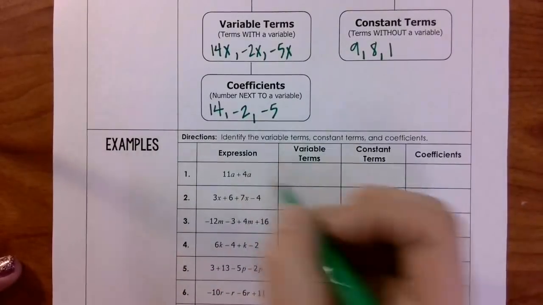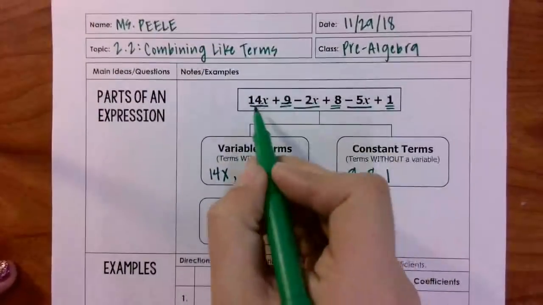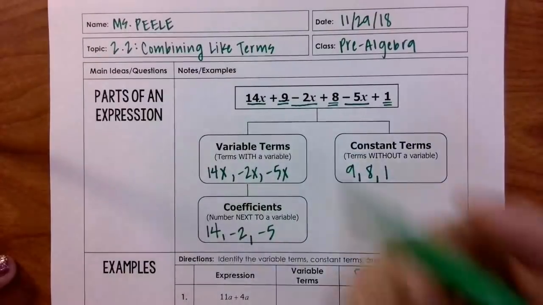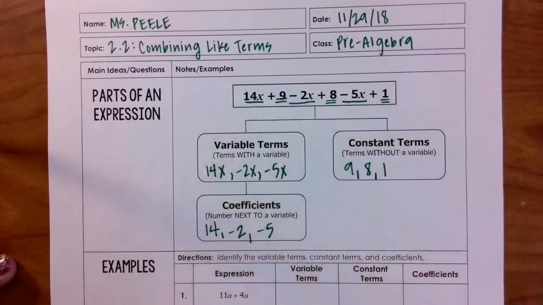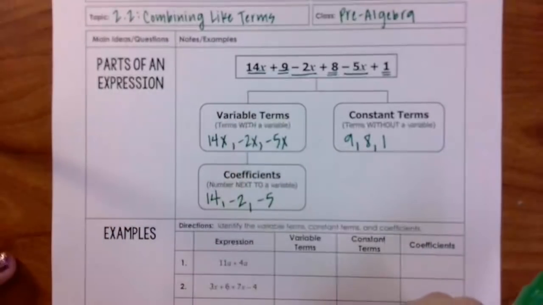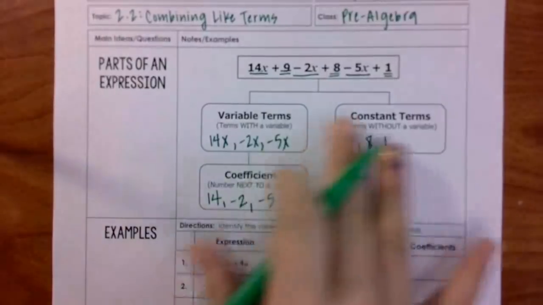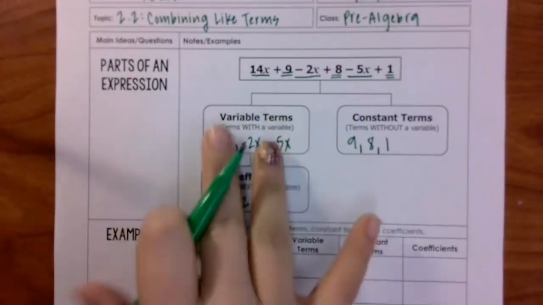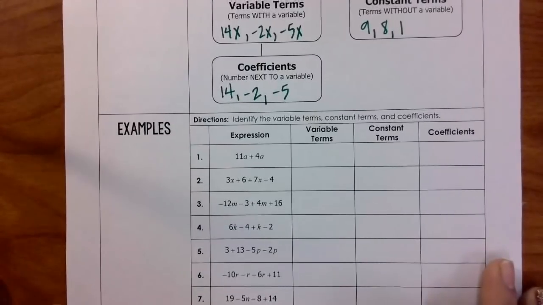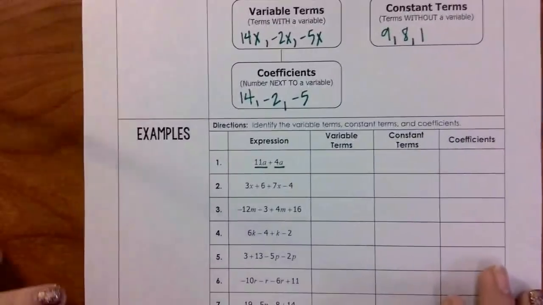So I'm only going to underline like terms, and up here, for example, I underlined my variable terms once, but then to separate and identify which ones are different, I double underlined all my constant terms since they're similar. So these are like terms, these are like terms. They are not like terms together. You cannot combine constants with variables, and you cannot combine variables with constants. So I have 2 like terms here, both with an A. We've kind of talked about this a little bit before,